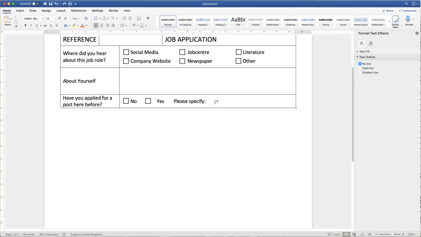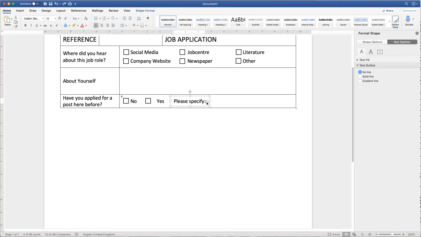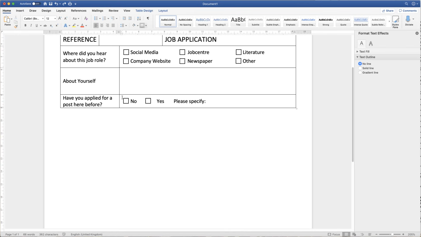Now, in order for them to be able to type next to this section here, we actually do need another cell here. If they try and click here, what's going to happen is they're going to highlight the text box. And even if they click here, the cursor's going over here. What we want is the cursor to go over here. So if we highlight this cell